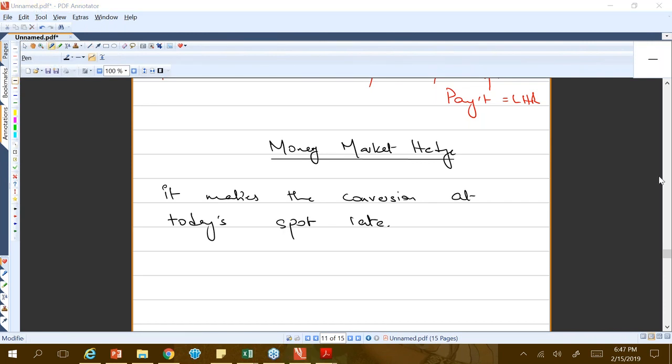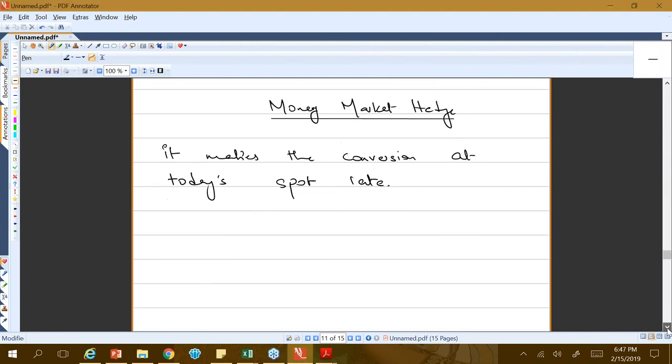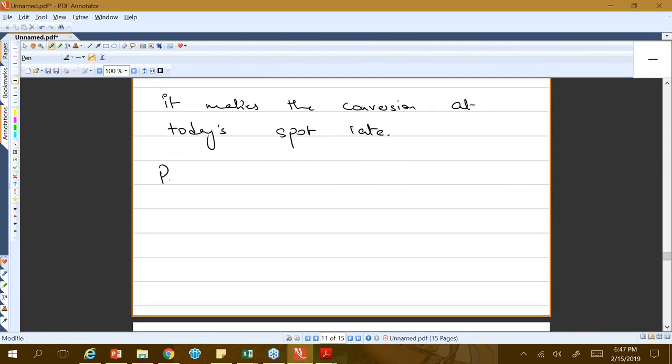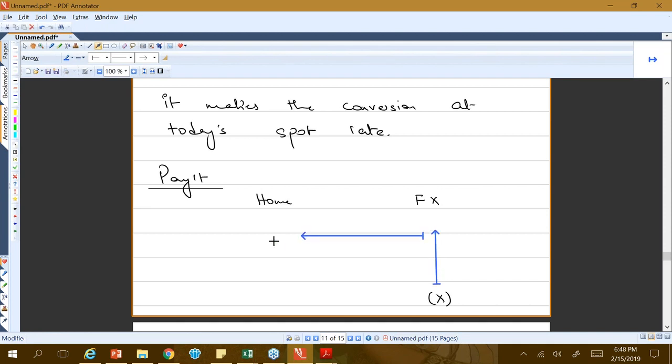Now, there are two structures I want you to make a note of: the payment structure and the receipt structure. For the payment structure, you put your foreign currency here and your home currency here. Remember, the examining team will always give you the foreign currency in the scenario, and you'll have to convert it to home. I use a three-step approach. Do not worry about the numbers yet. Just make the structure first. So we start from here.